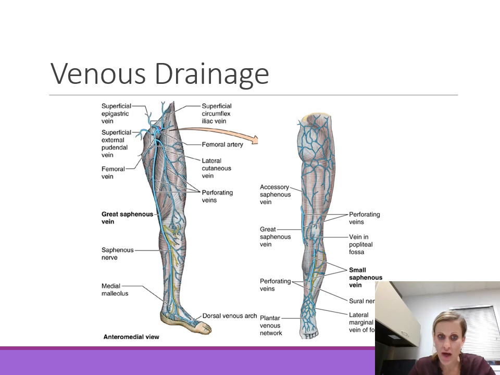Okay, so here you guys can see that the great saphenous vein is the larger of the two, hence being called great as opposed to small. But these are both superficial veins. The great saphenous vein is again on the medial side. So you see it forms from the dorsal venous arch,